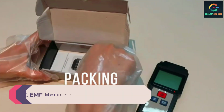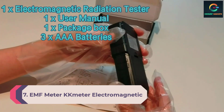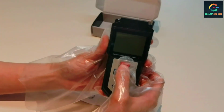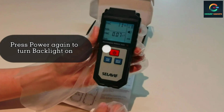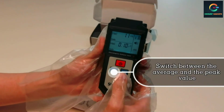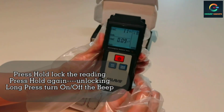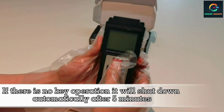Number 7. EMF Meter Cake Meter Electromagnetic Field Radiation Detector. On any given day, we are surrounded by smartphones, laptops, tablets, Wi-Fi, microwaves, TVs, even baby monitors, all of which emit radiation. The problem with radiation emitted by the technology we use today is that we don't see it, and because these electromagnetic fields, EMFs, are invisible to the naked eye,